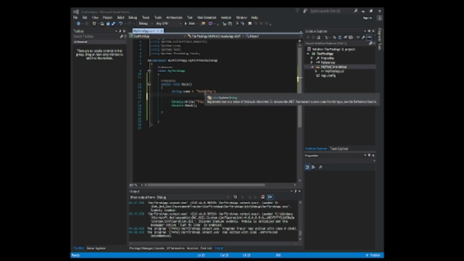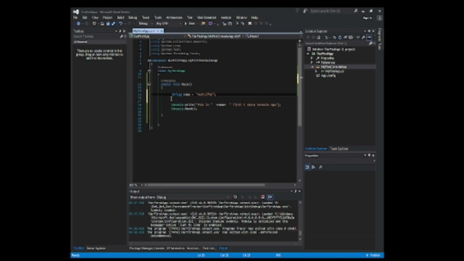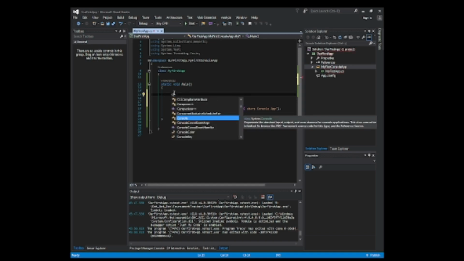Let's take a quick look at how we would go about doing that. Firstly, we would prompt the user, tell the user that we want them to enter a name or a string, and in order to prompt that user we'd display a message on the screen, and we know how to do that already. So we use